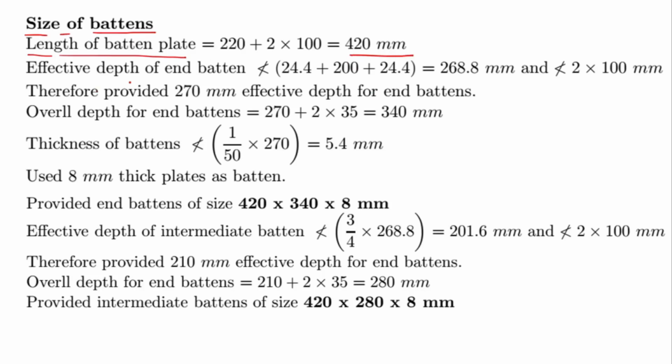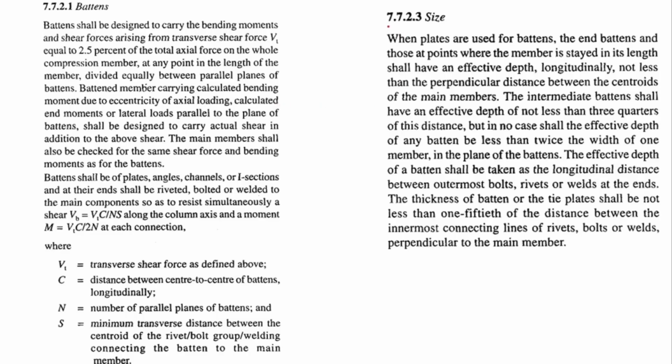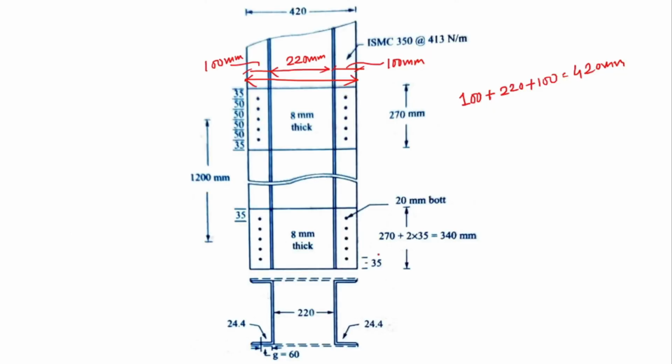Next, effective depth of end battens. If you see clause 7.7.2.3 of IS 800/2007, when plates are used for battens, the end battens and those at points where the member is stayed in its length shall have an effective depth longitudinally not less than the perpendicular distance between the centroids of main members. So if you see the figure, for each channel the centroidal distance about YY, which is CYY,